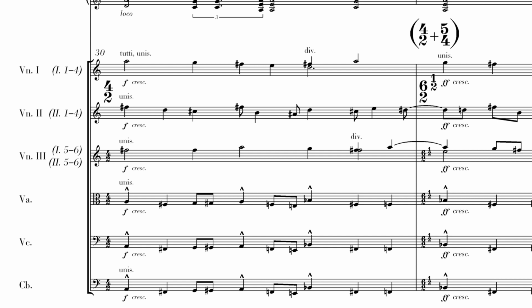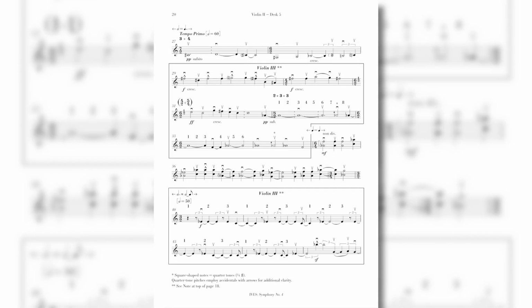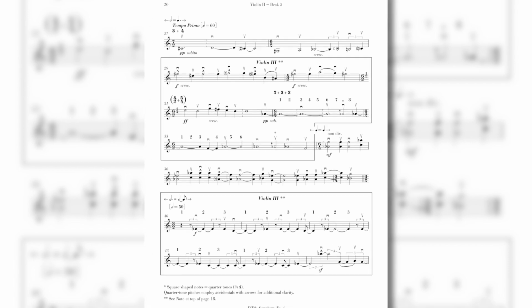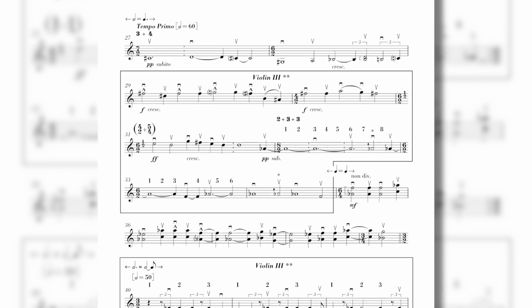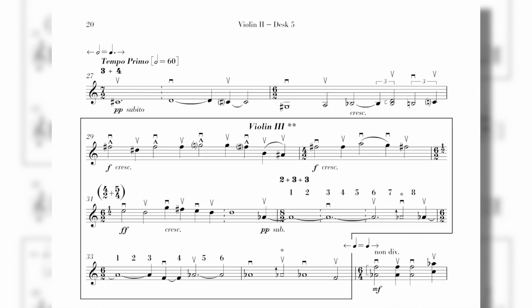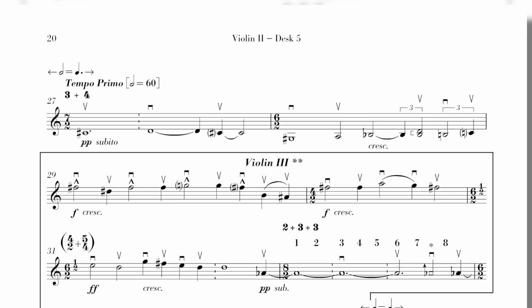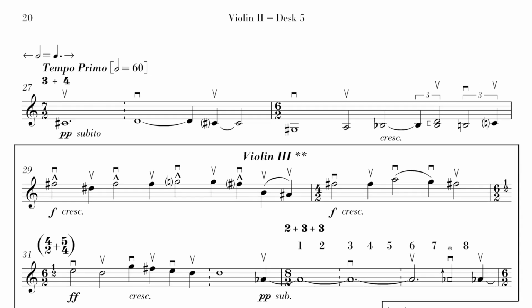What about the parts? The parts themselves are marked specially with labeled boxes. Anytime a violin player who is sitting at, say, desk 5 or 6 of the violin 1 or the violin 2 section should begin playing what corresponds to the violin 3 music, it's been marked in the part with these boxes so that if the conductor requests that violin 3 start playing at measure 18 or whatever, a player can look and see whether or not they're playing violin 3 there, and then they can know whether or not they should be playing, right?